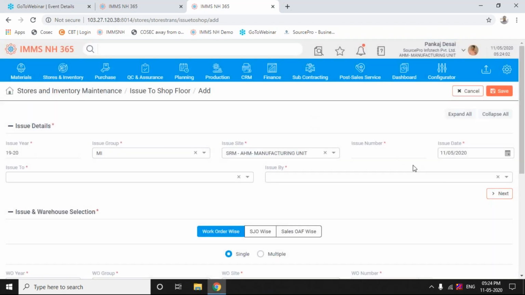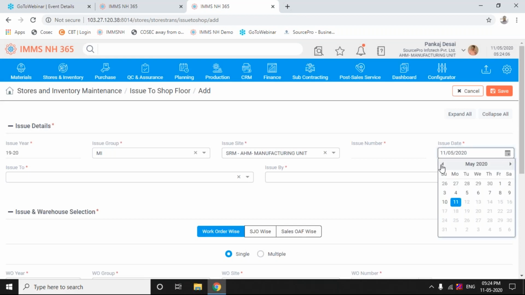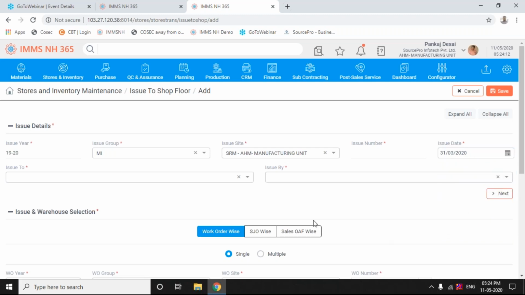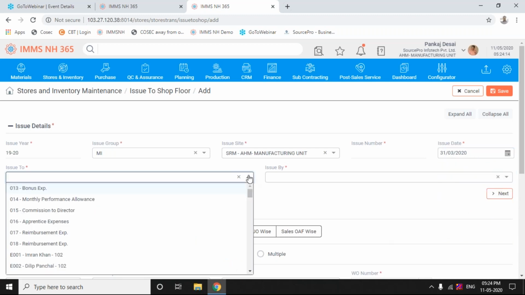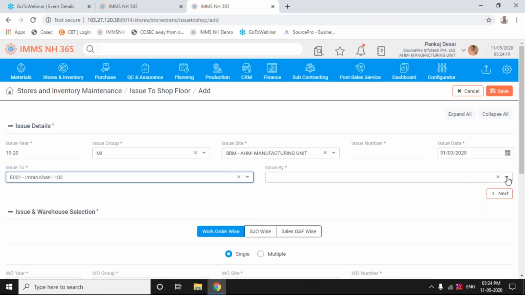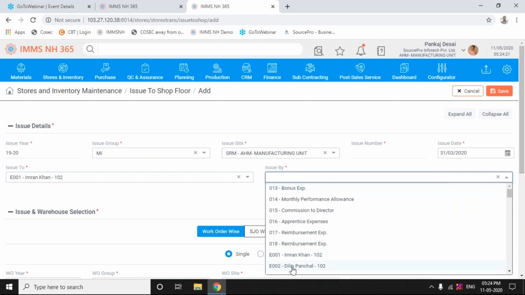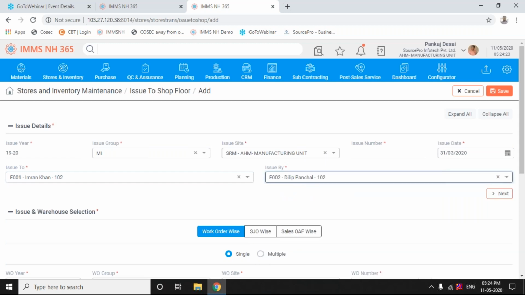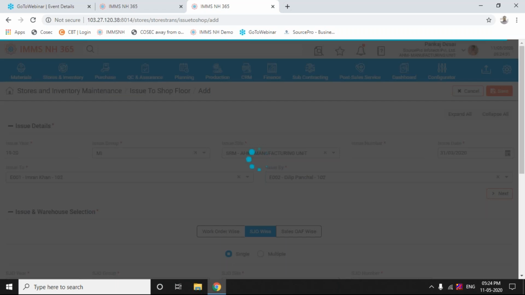When we talk of the admin module, we'll discuss it in detail, but you can provide user-specific access rights for a site and for a warehouse. The user who is authorized to make an issue slip, mind you, is titled as issue slip, but this is a material requisition demanded by